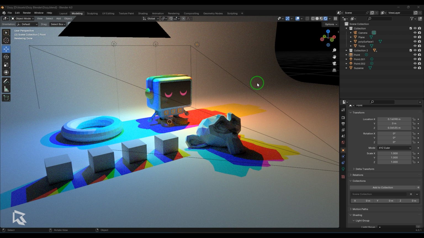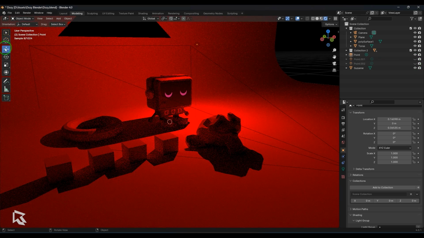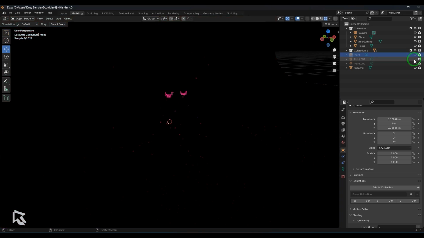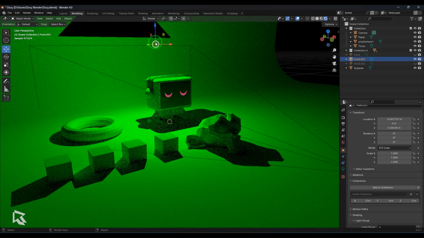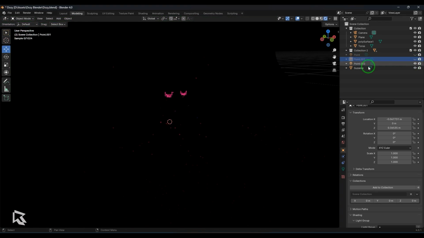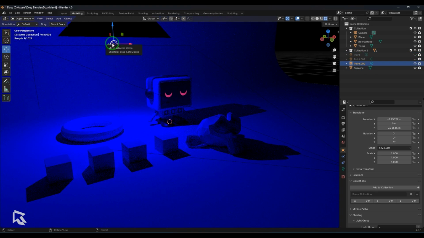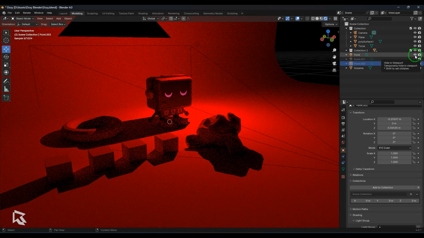So how is this light linking done? Before getting into that, I've got three lights with me. The first light here is the point light, and it's in red color. Then we've got the next point light here, which is in green color, and then the next point light here, which is in blue color. I will switch off one of the lights, switch on one of the lights, select the point light here,